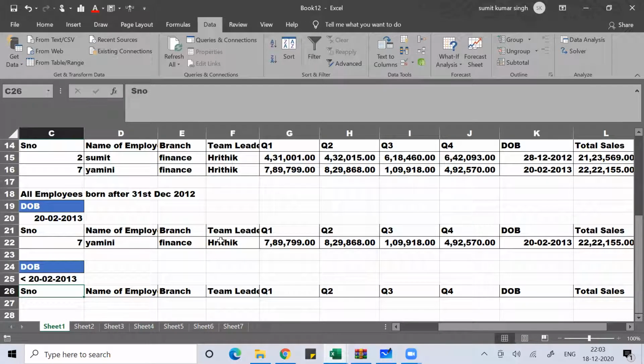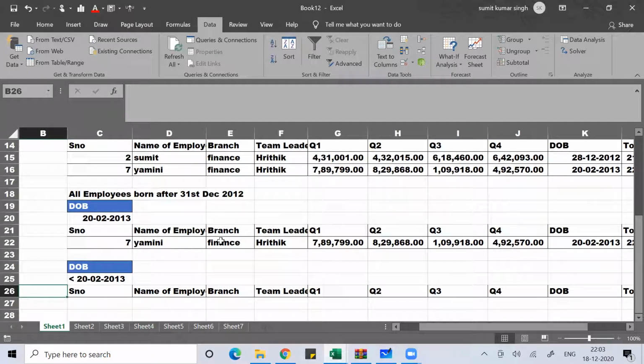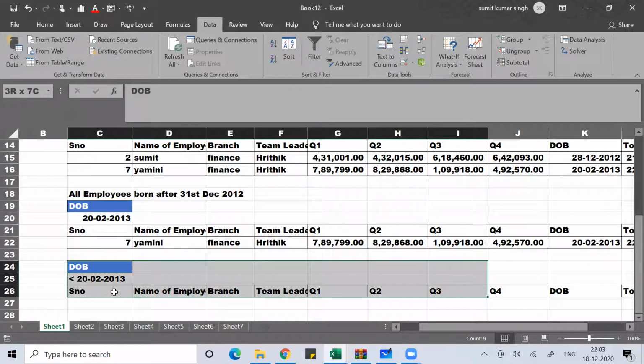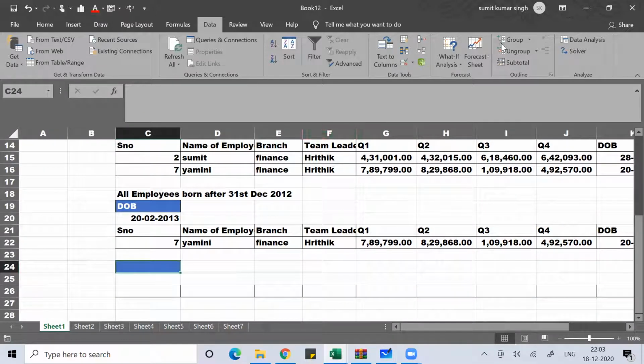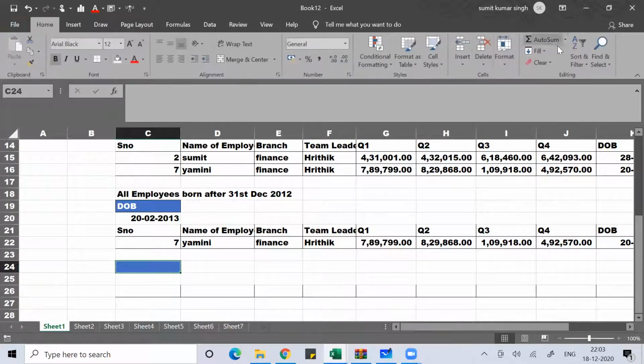So just less than or greater than is not working. So you can ignore this less than or greater than particular date. Okay, now you can remove this formatting, clear format.